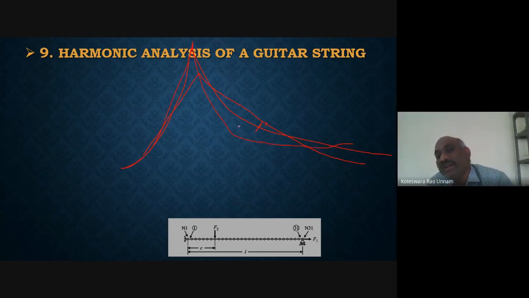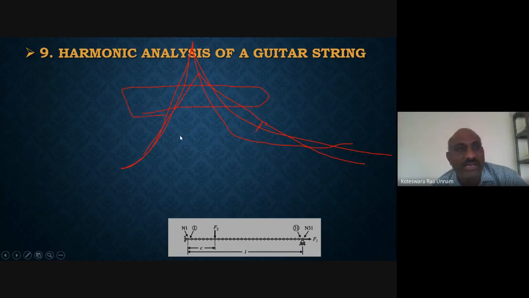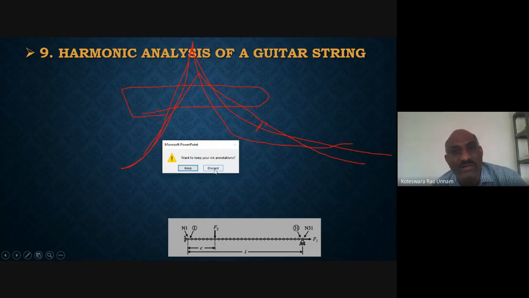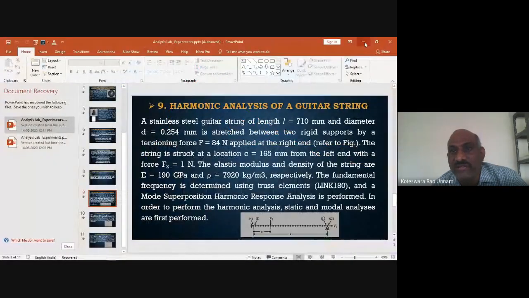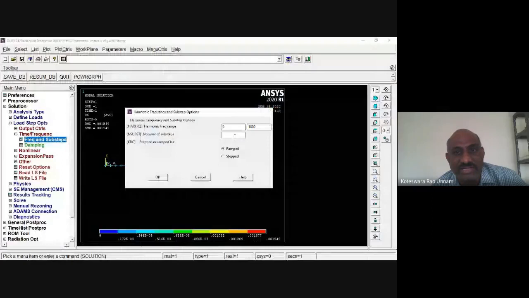But at the same time, you need to remember that if you increase the number of substeps, your solution time will also increase. So to make a compromise between those two, I want an optimal solution time, and at the same time I don't want to deviate from the solution accuracy. Based on that, you need to select the number of steps.